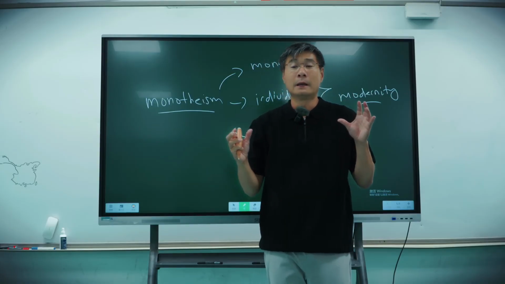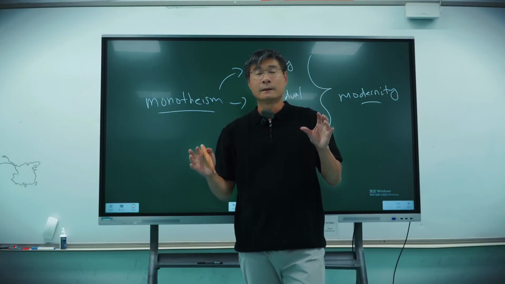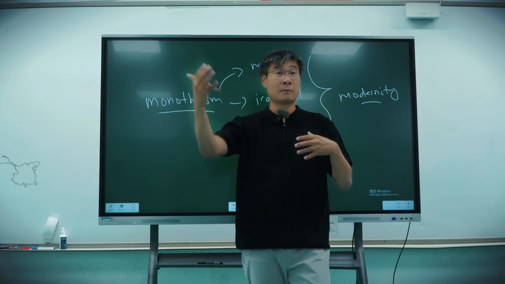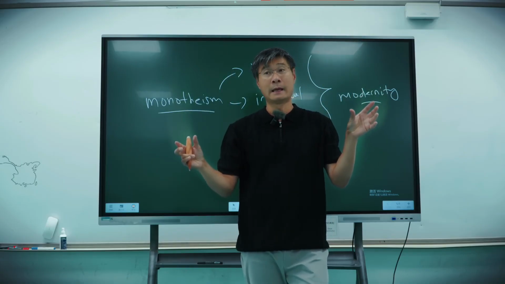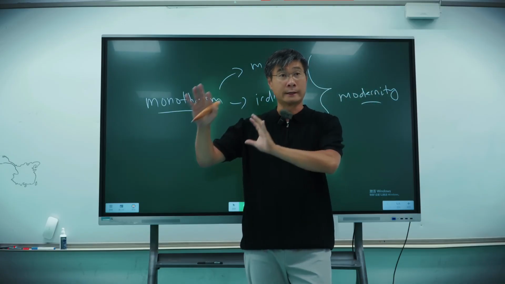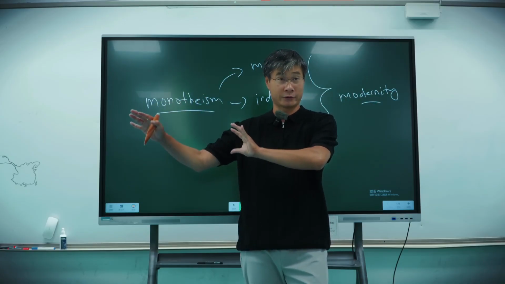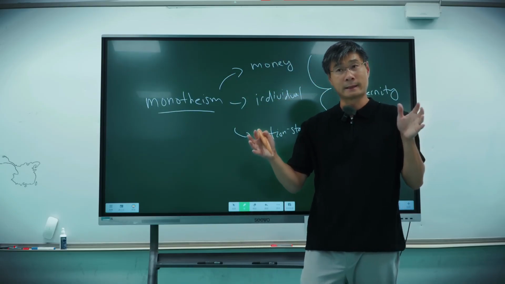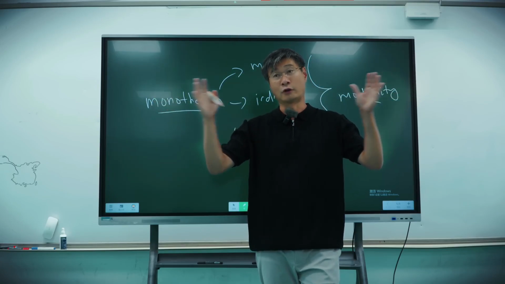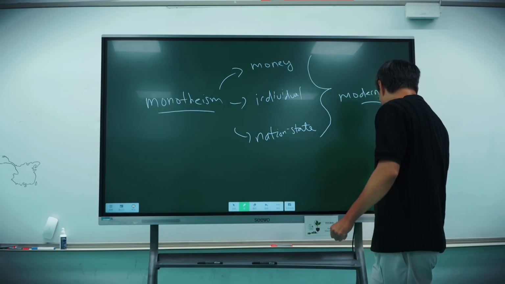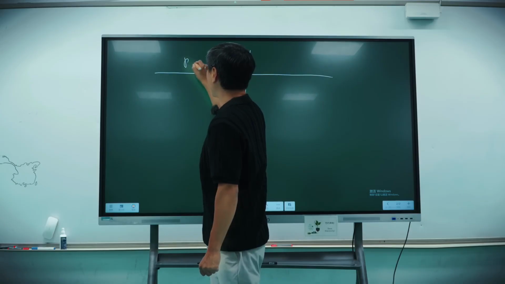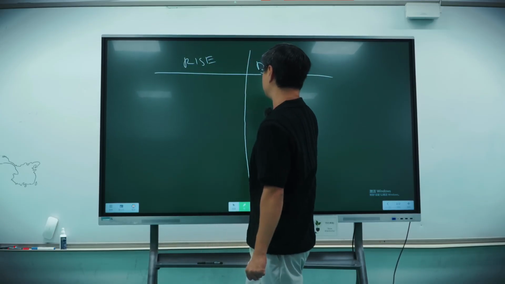Okay, and I know that these first few classes may seem abstract and theoretical, but that's because we're developing the analytical models in order to better understand our world. So as we move on, we will start looking at very concrete examples. But for the first few classes, please be patient. We are going to develop the theory to understand the world. All right? So let's discuss societies, why they rise, and why they decline.